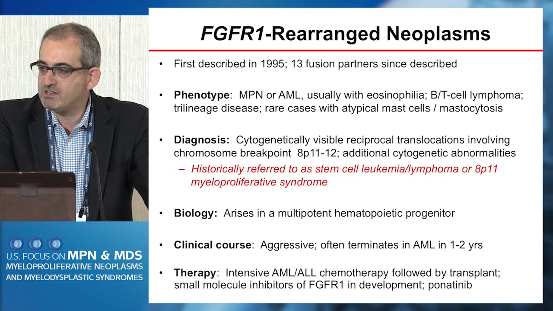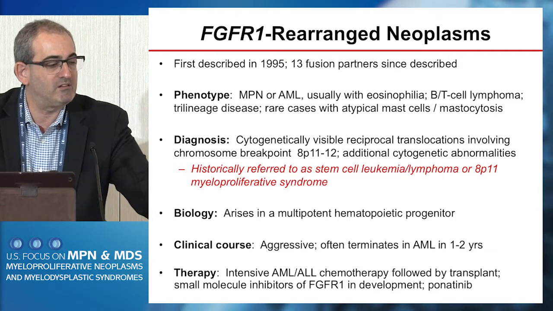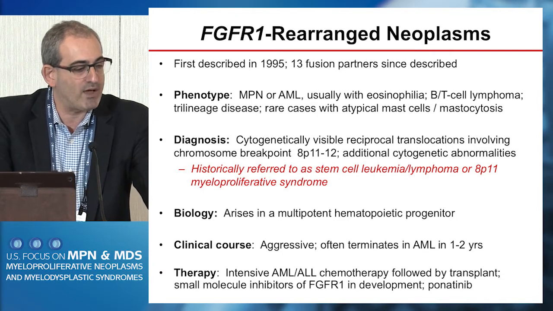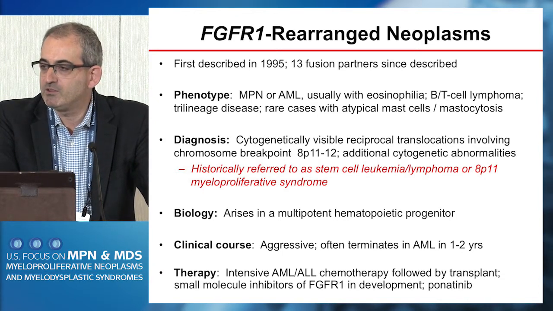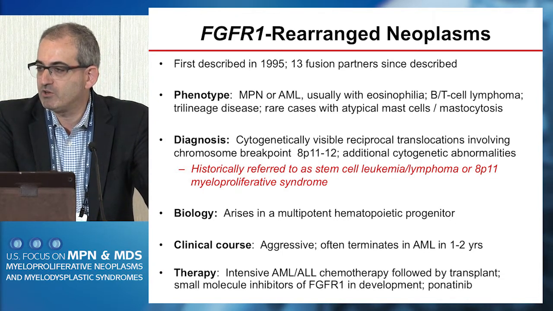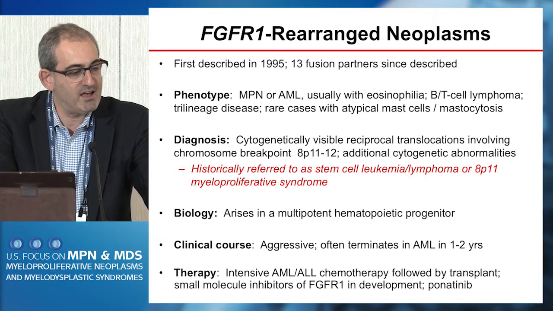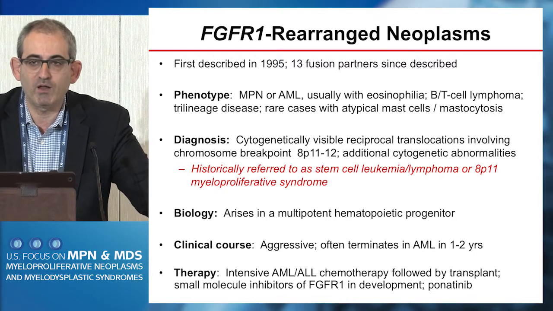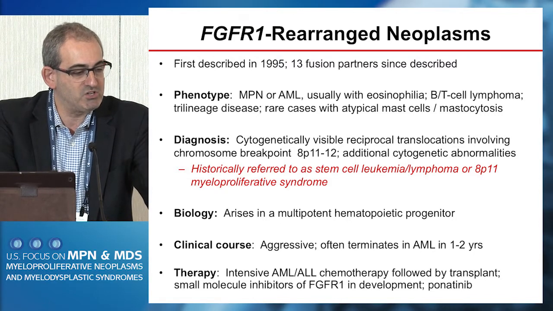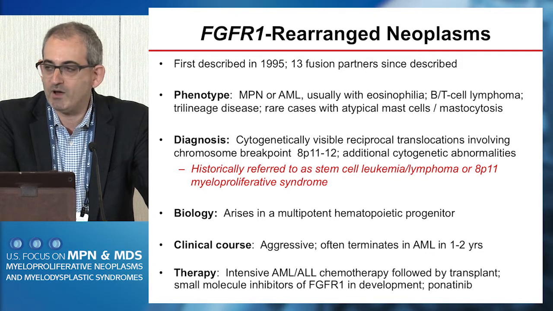These are, again, patients that usually have a visible cytogenetic abnormality that involves a breakpoint at 8p11 to 8p12. And patients, either at presentation or with evolution, usually have clonal evolution. We actually have a patient in the hospital right now that has a RUNX1 translocation in addition to the 8p11 rearrangement. This is a disease that arises in a multipotent hematopoietic progenitor, and that's why these patients have both